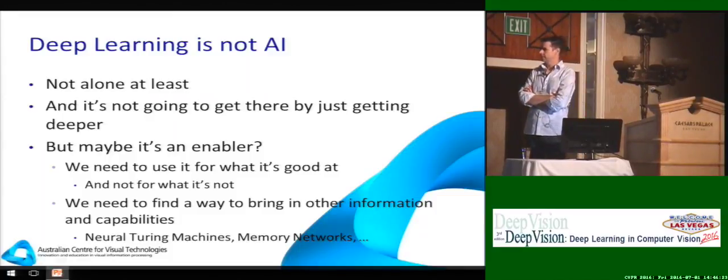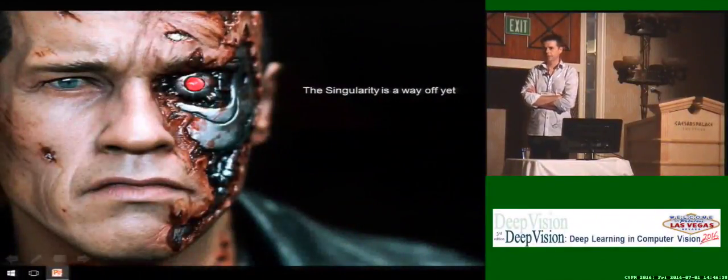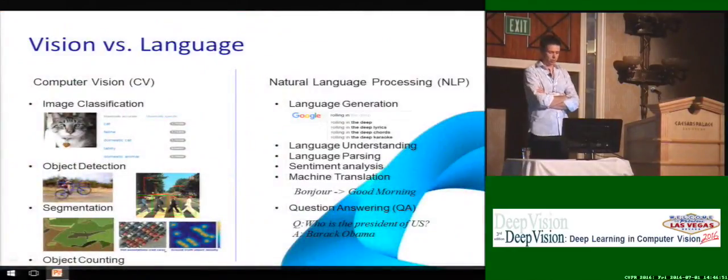And there are some other things that are going on that are fantastic, right? Memory networks, neural Turing machines. There's a couple of papers at this conference, and we're by no means the only ones looking at this issue. All right, and kind of as a result, as far as I'm concerned, the singularity is a way off yet, right? We don't have to worry about things exploding and us being taken over by the robots. As far as I'm concerned, we've got a long, long way to go. So